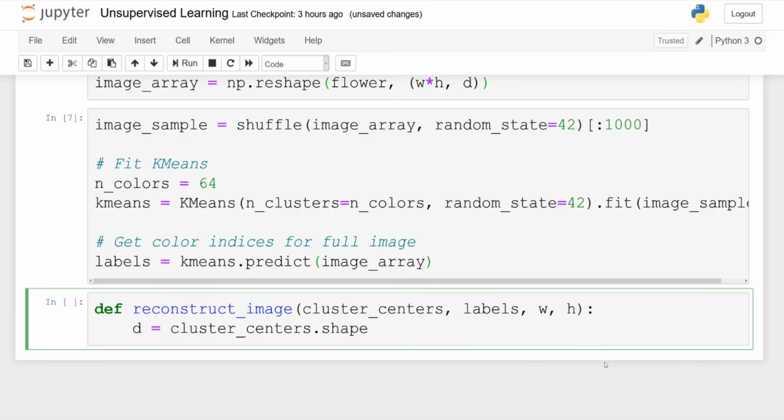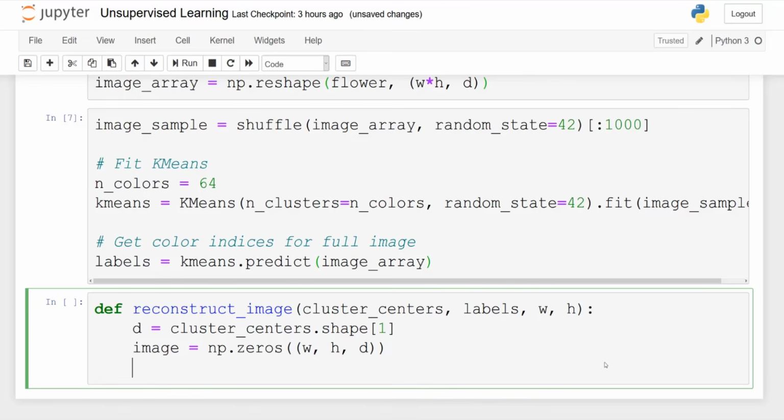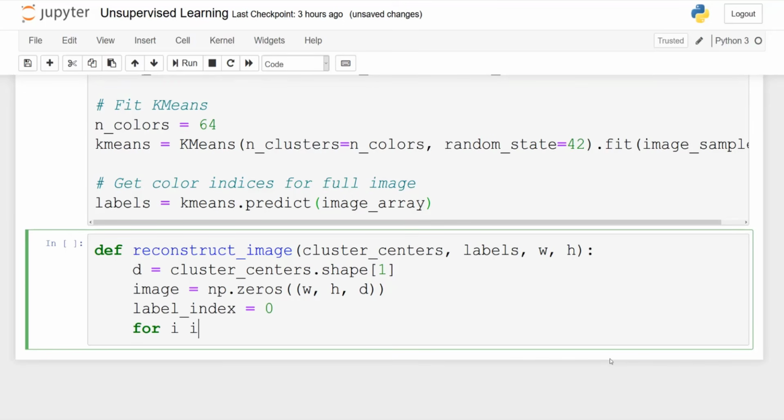So d will be equal to cluster_centers.shape, and we take d at index 1. Then the image will be simply an array of zeros in this case, and the shape will of course be the width, the height, and the depth. The label index will start at 0.